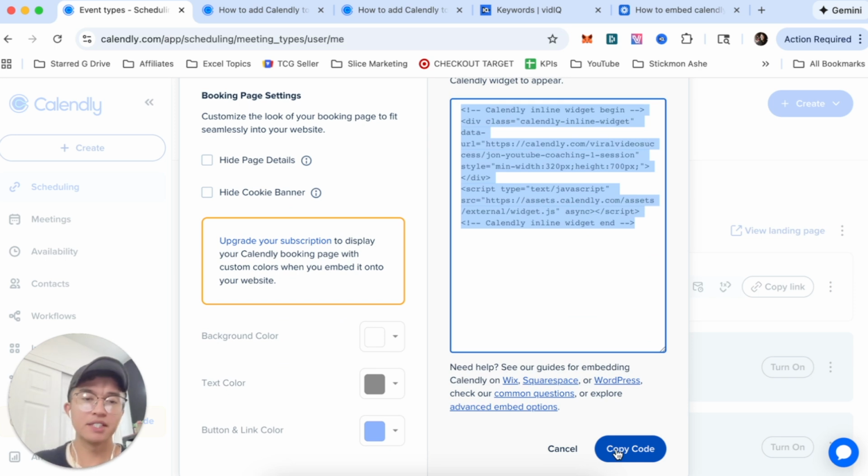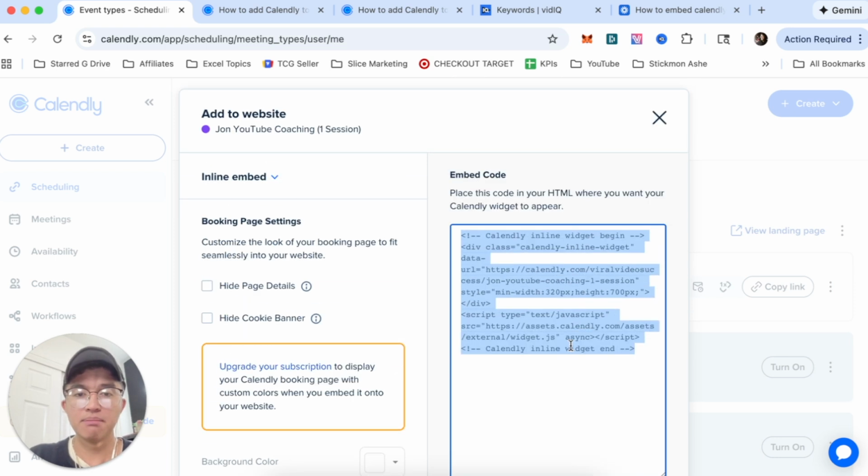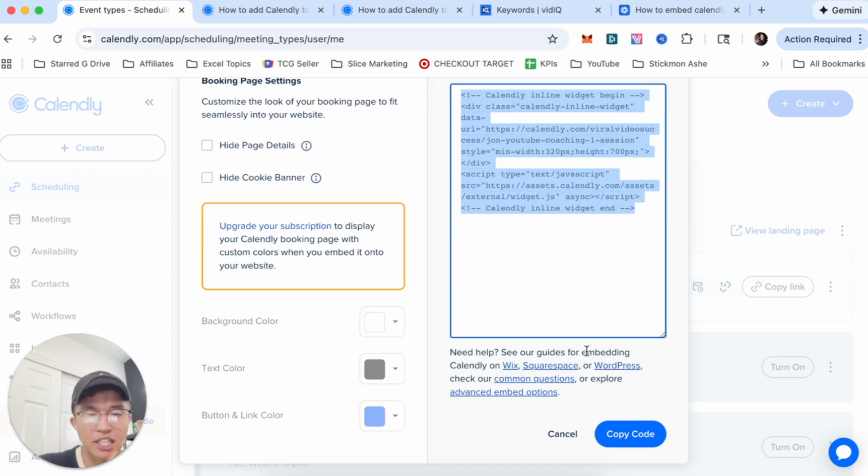But there you have it, guys. That right there is the best and easiest way that I know of to actually go ahead and embed Calendly onto your WordPress website. If you guys know of a better or easier way to actually do this, let me